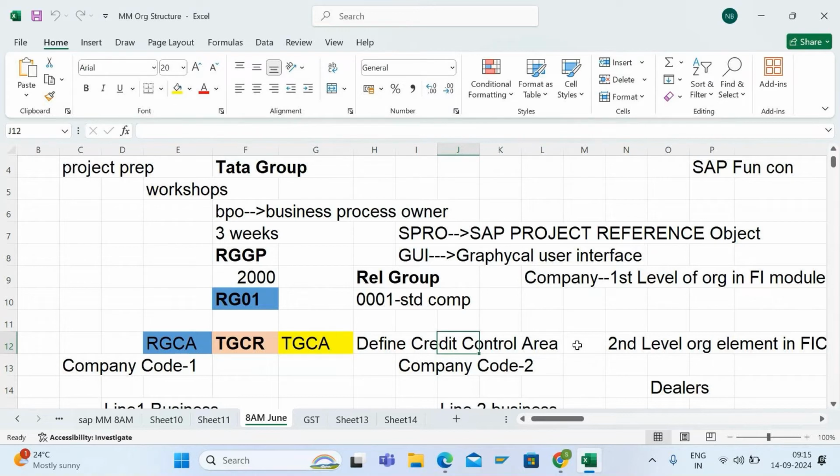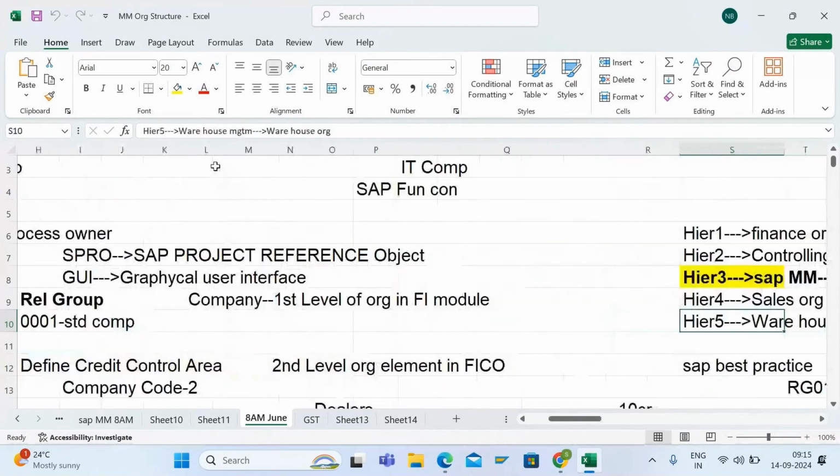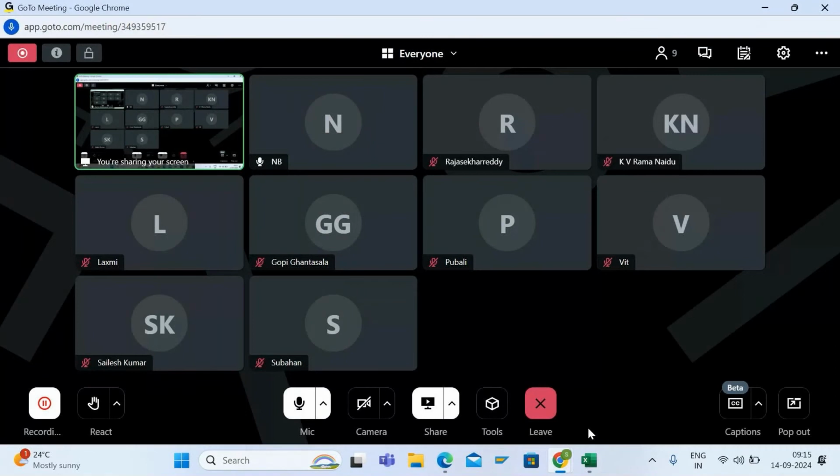Once you understood that, that is what I am trying to do over here, right? I took the Reliance group as one of the companies. I think this is the one which we created, Reliance group, RG01 we created, right? But these are finance related organizational elements. Let me go to the system, right? So if I go to the system,